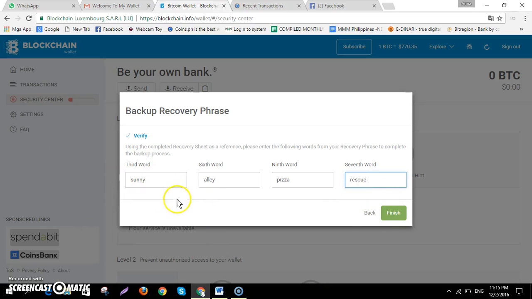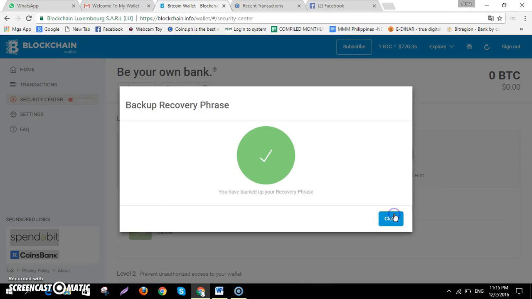Then after completing all these 4 words, click finish.